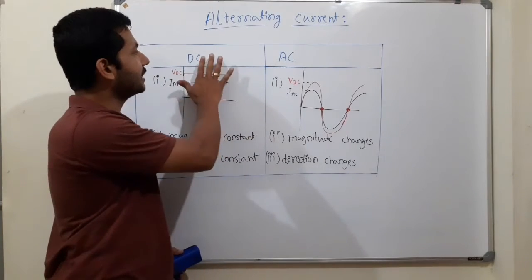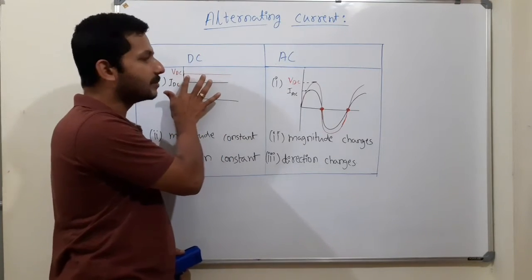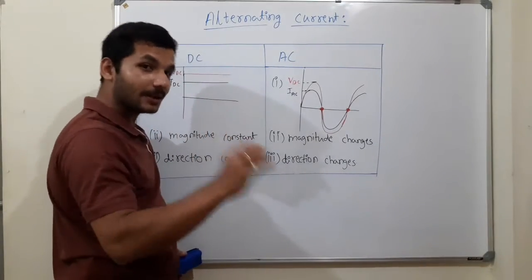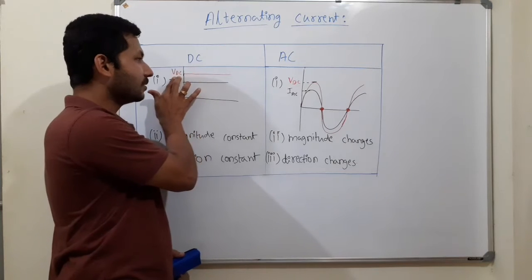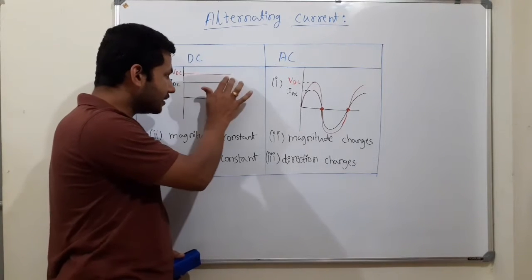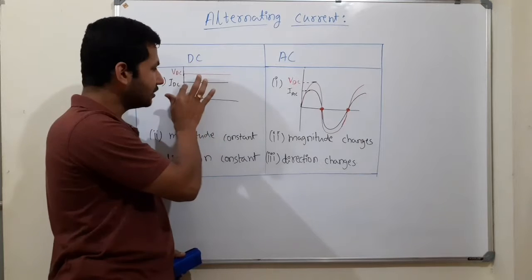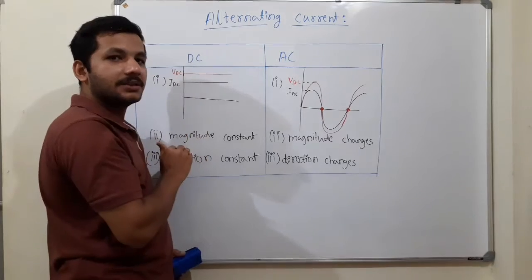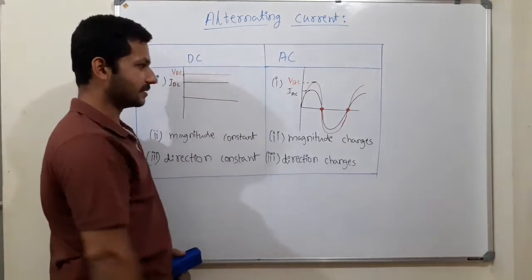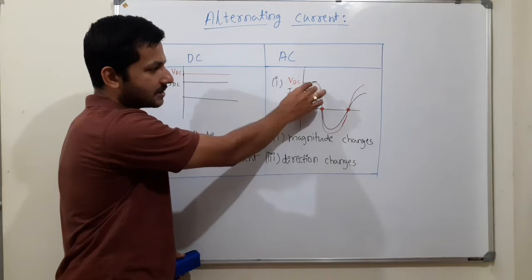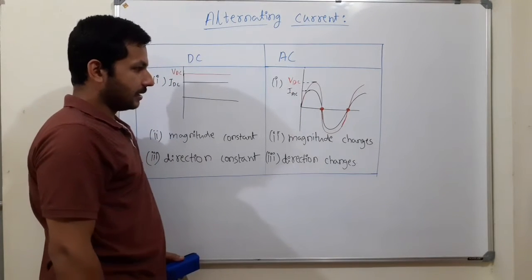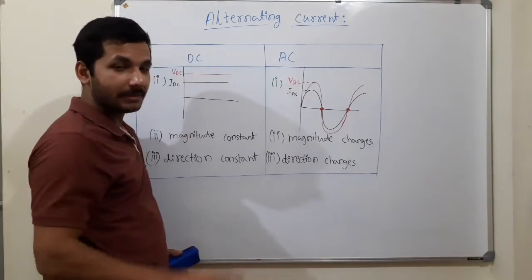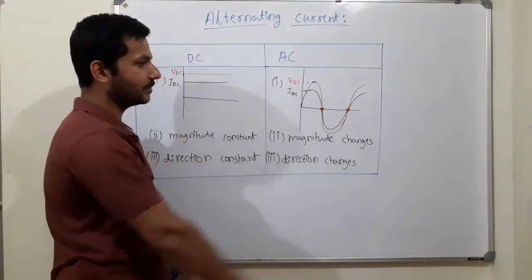Similarly, in the case of direct current, it will always be a straight line. VDC, the voltage of direct current, will usually be above the current graph. That is, the electric current will usually be below the voltage. Here also you can see that voltage is above the electric current, which indicates that the magnitude of voltage will usually be more than the magnitude of electric current.